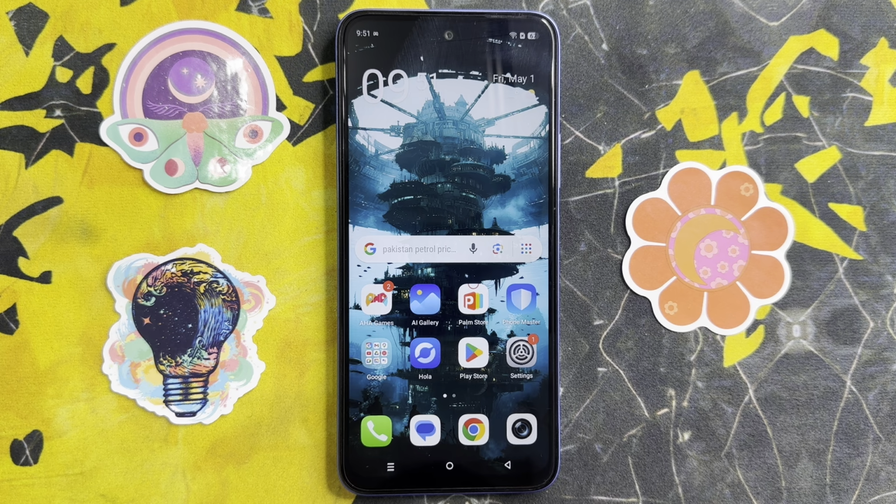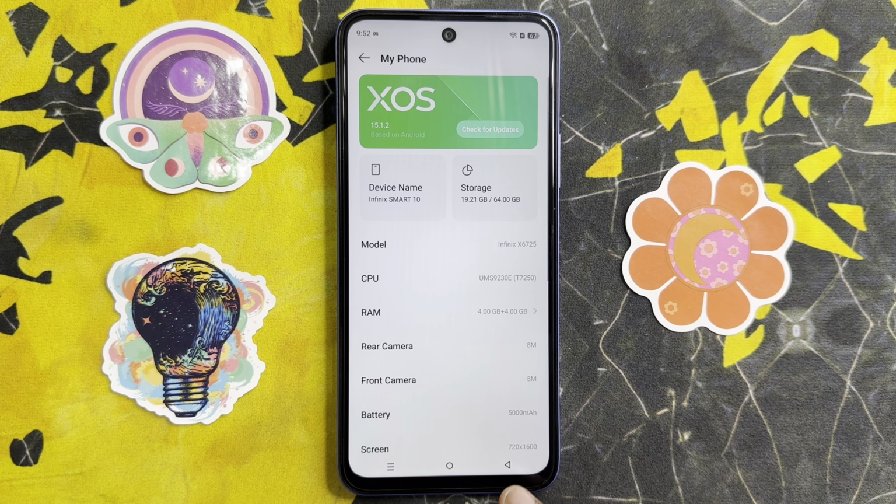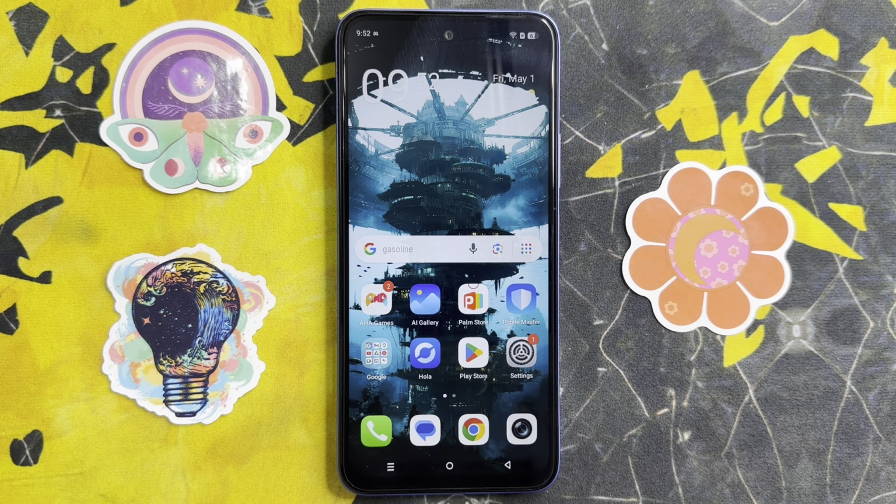But if it doesn't fix this problem, click on settings app. Click on my phone. You will check whether your software update is the latest. If it is not, let's update your software to the latest. After updating the software, go back to home screen. So you will see your problem is